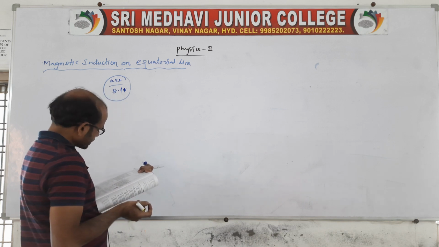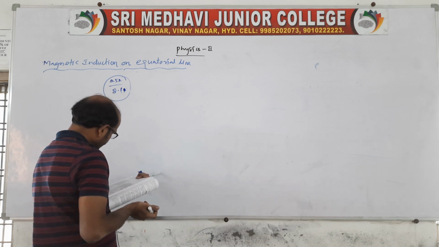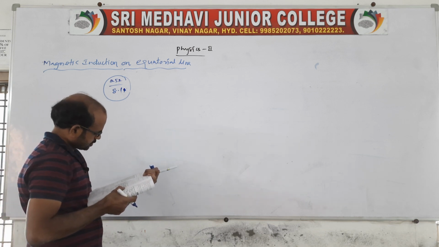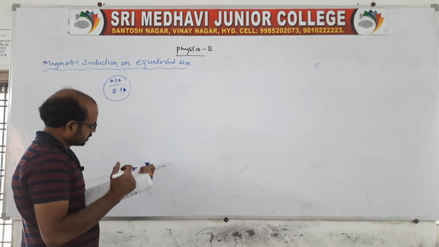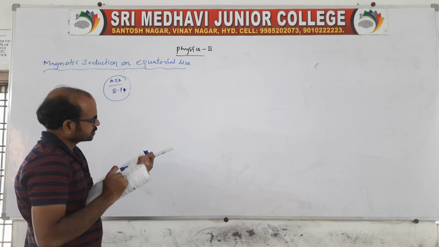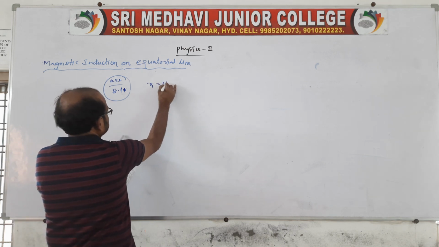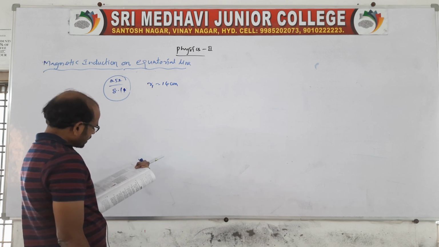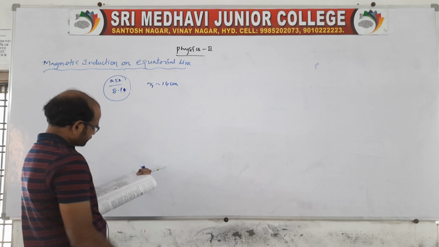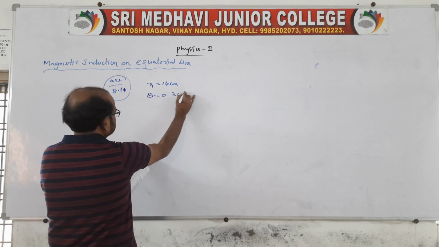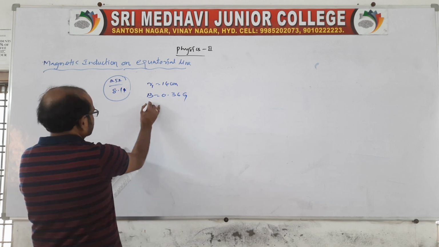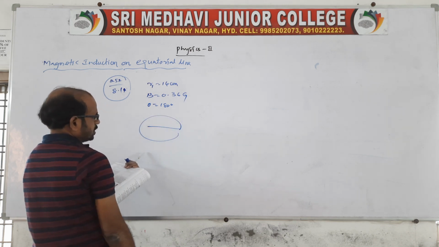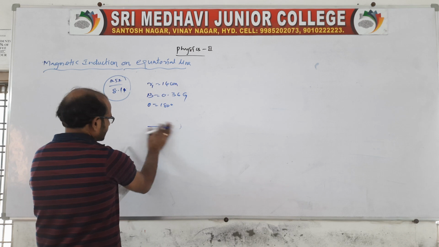The bar magnet in exercise 8.13 is turned around by 180 degrees, where will the new null point be? So R1 is given in 8.13, I think 14 centimeter. From that you take 14 centimeter. Look at the above problem, this was given as 14 centimeter. The bar magnet's field on the axial line is given as 0.36 Gauss. Of course it is rotated by 180 degrees. That means this point will come here and this point will come here, right?